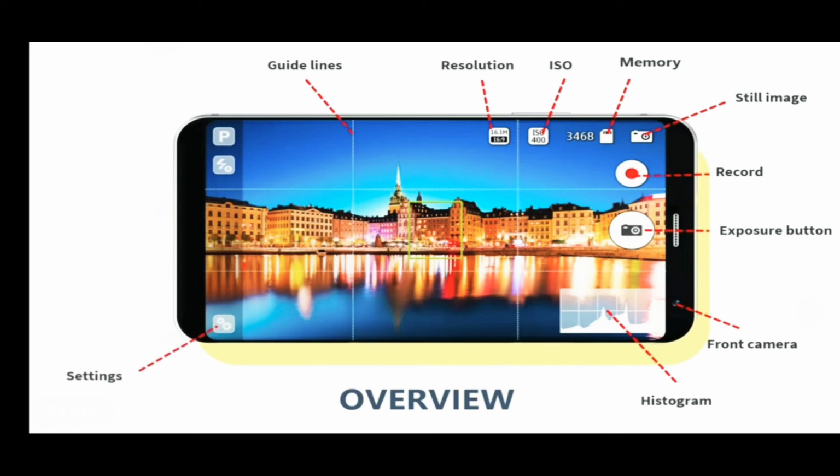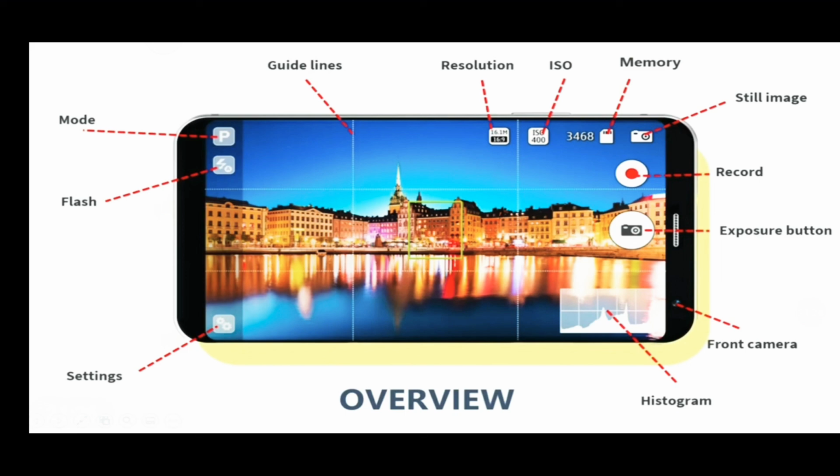Over on the other side, we have our settings. If we quickly want to change settings, I can maybe change the photograph to black and white, maybe try out a few different filters, etc. We have our flash option. In this case, it's set to auto flash. In other words, the camera will determine whether or not it needs to flash for the scene. And then we also have our mode, and it's set to program or pro mode at the moment.